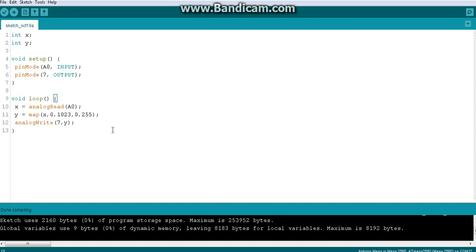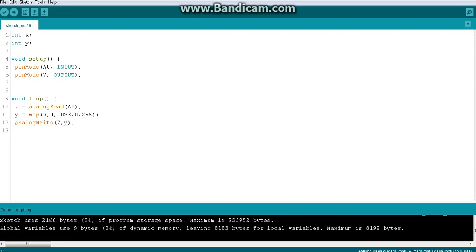Hello everyone. In the last video we saw the complete picture of this mapping scenario with the proper input and output. In other words, we saw a brightness controller switch scenario with this code, where we play around with the analog read value, where the value from this switch is being read, and a map function is used to convert between this analog input and analog output. So the map function is being used as a bridge to connect analog read and analog output.